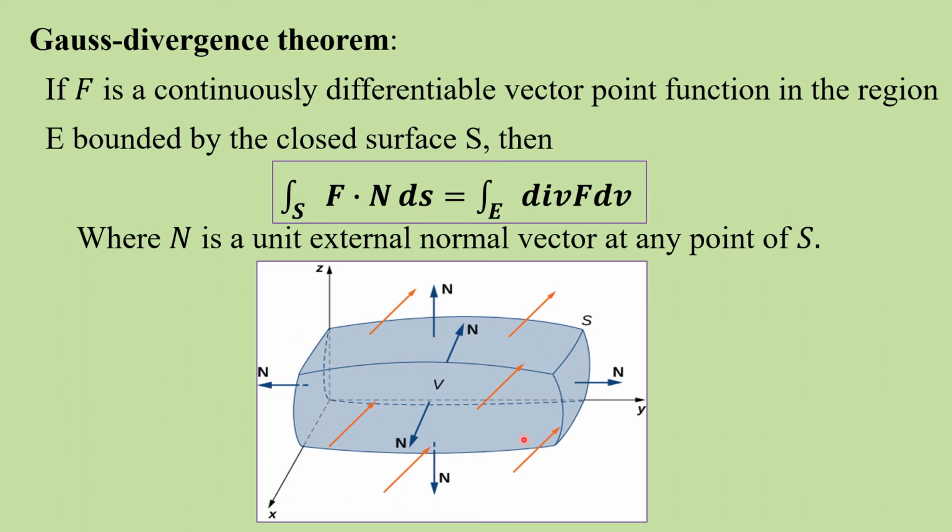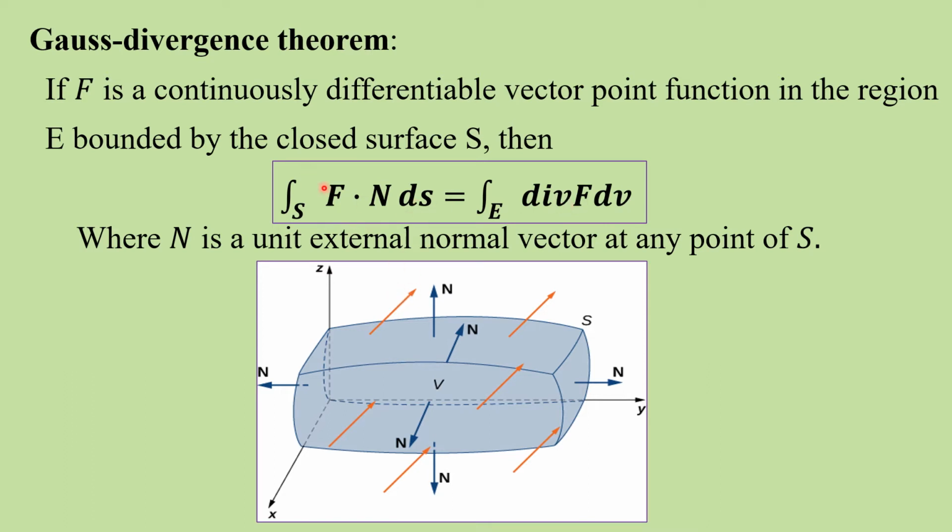Suppose you have a closed surface S. If I want to find the surface integral of f over the surface S, then we have to find the surface integral over each face. For this solid, a parallelepiped, we have 6 faces. The surface integral of f over each face we have to find, by getting the unit outward normal to each surface. Instead of that, the Gauss divergence theorem says the surface integral of f can be taken immediately just by taking the volume integral of divergence f.